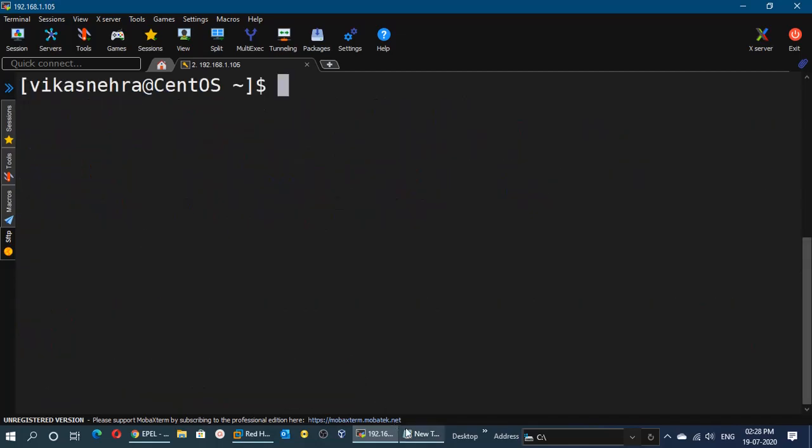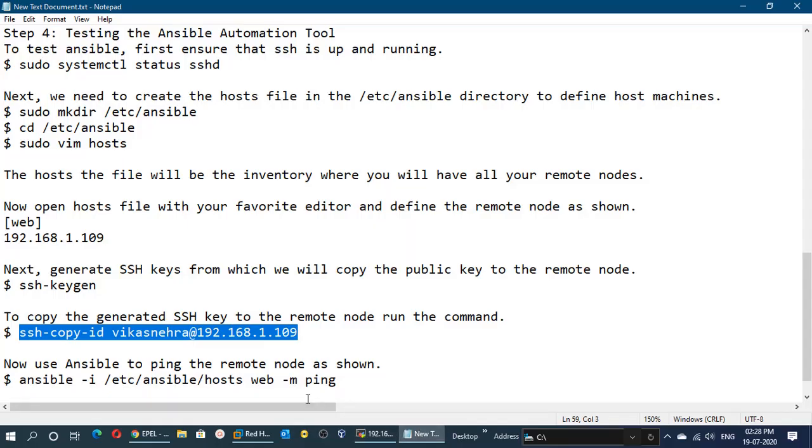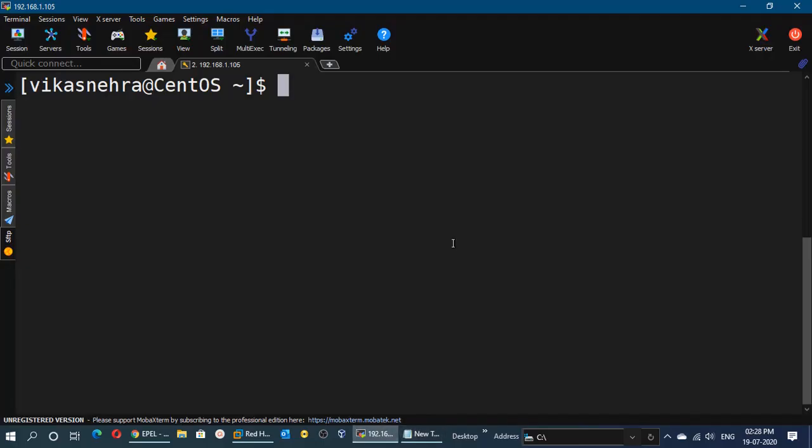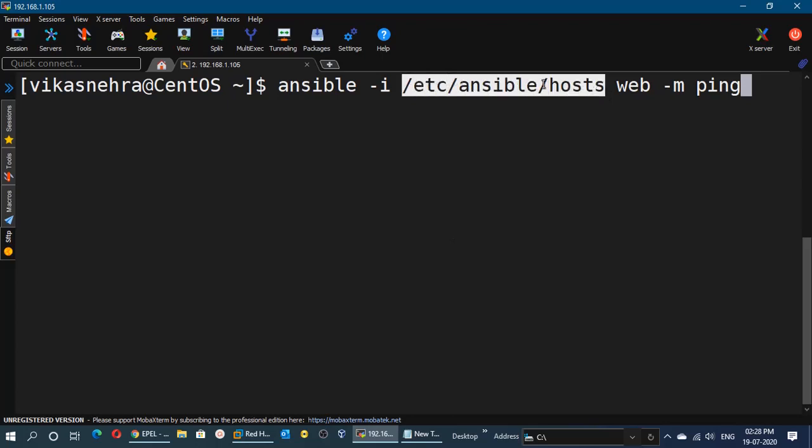Now in the next step we will use Ansible to ping the remote node, and for that we can run the ansible -i command like this. Let me show you. ansible -i /etc/ansible/hosts, because this is the file which contains the details of the host machines, web -m ping.